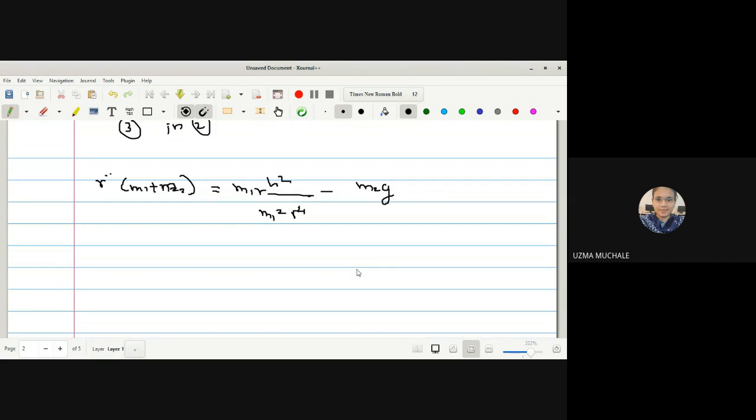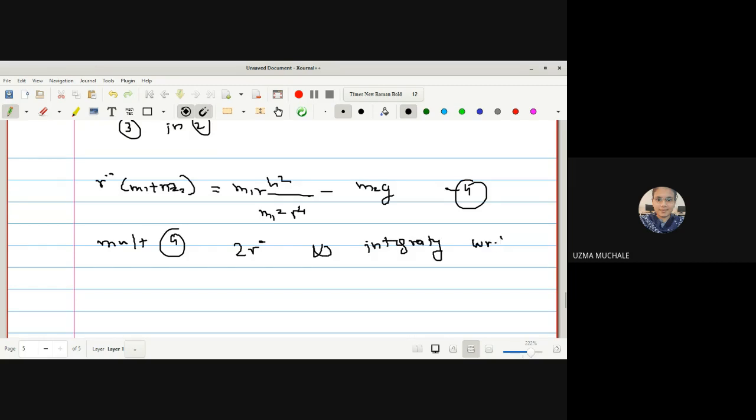To find out the first integral, we will multiply our equation with 2r dot, because we need to make a small adjustment here so that we can do a simplification. Let us name it equation 4. Multiply your equation 4 with 2r dot and then integrate